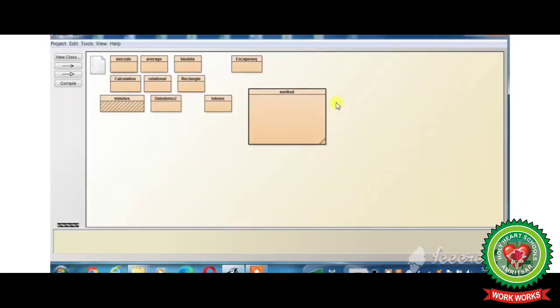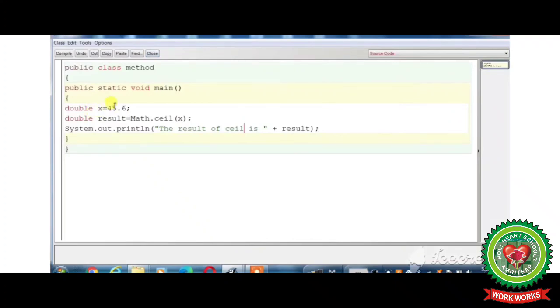Now see the next function we will use is floor. So here the same value we will take, that is 45.6, only in place of the ceil function we will write floor, which will give the value that is less than or equal to the argument.